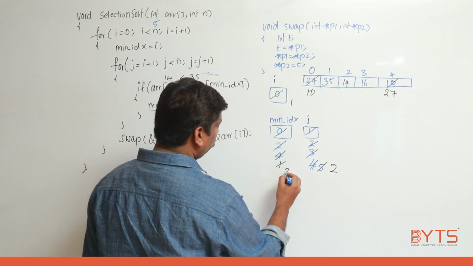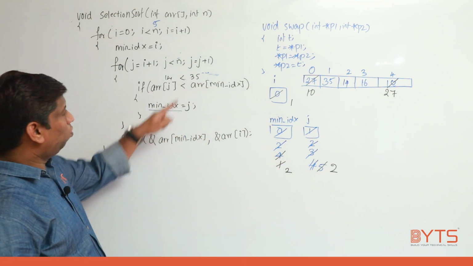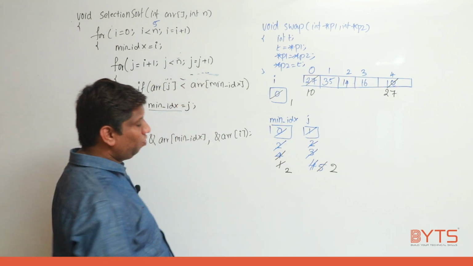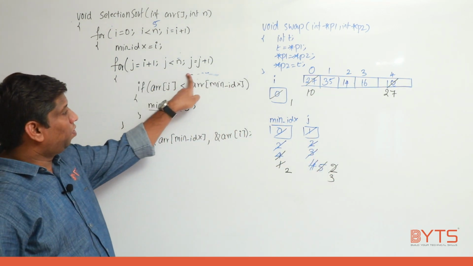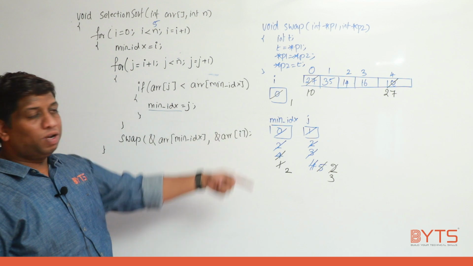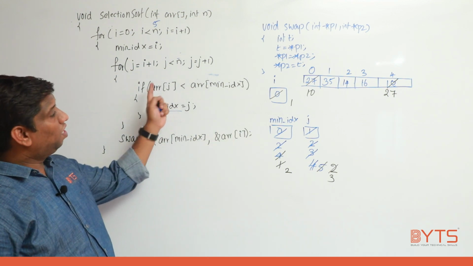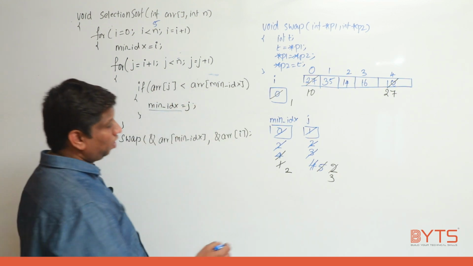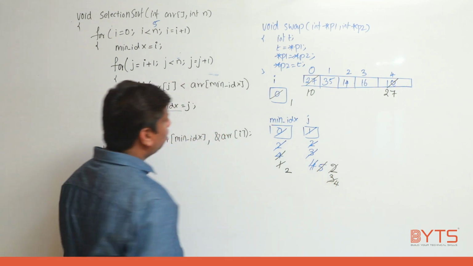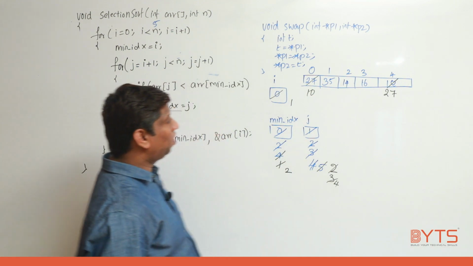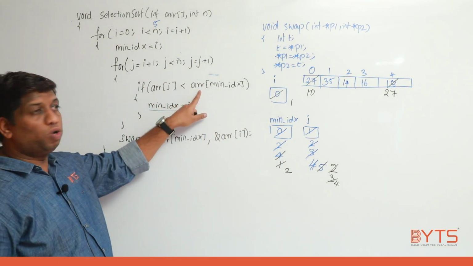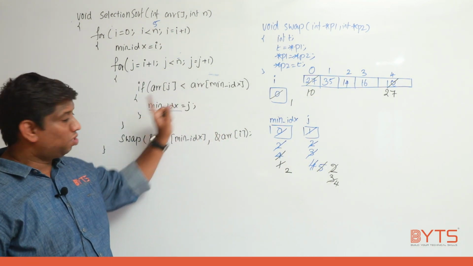Min index is updated to 2. Okay, now end of the loop. Come here, j is equal to j plus 1, j value will be how much? 3. Now currently the min index is updated to 2, every number is compared with 2, right? 16 less than 14, false. Next I will try to do what? 4. Min index is still 2 only. Why? Because out of this 14 is a minimum number. Next what I did, 27 less than 14 is also false.